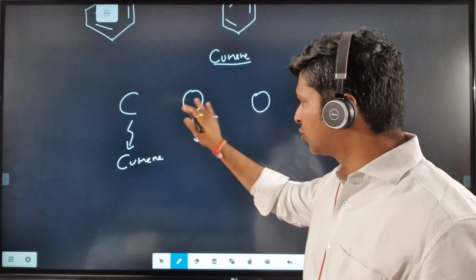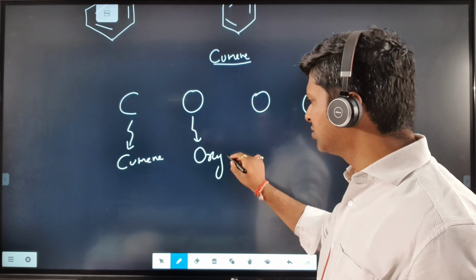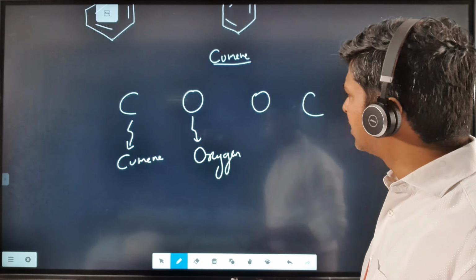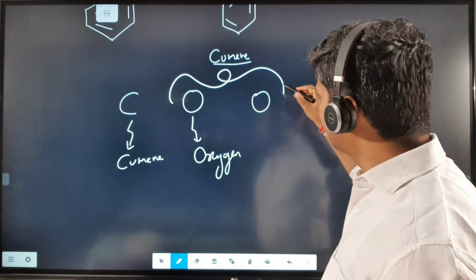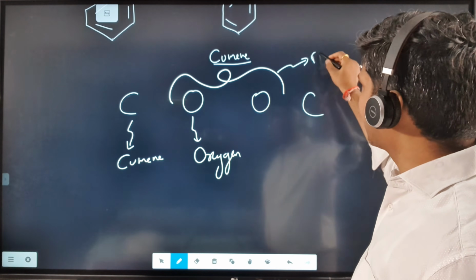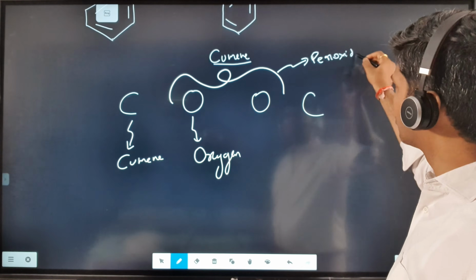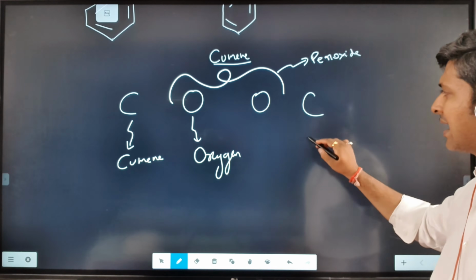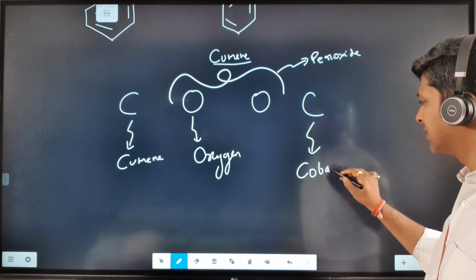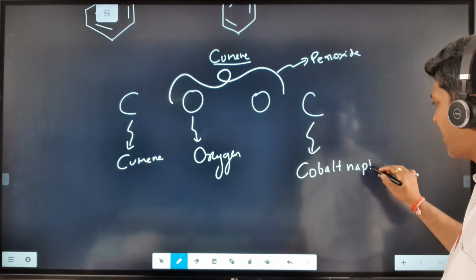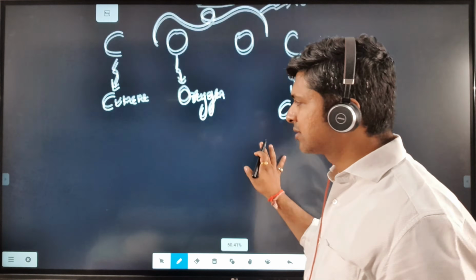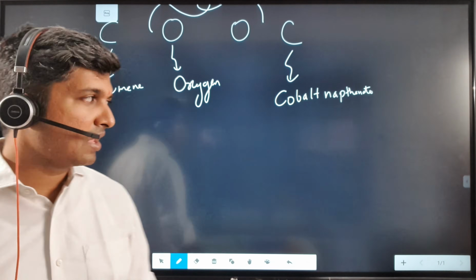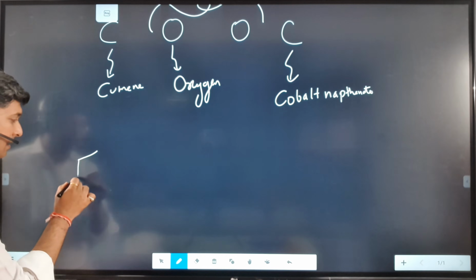So C will stand for cumene, O will stand for oxygen. Then the O and O single bond together will stand for peroxide. And the last C is our catalyst, that is cobalt naphthenate. So this cobalt naphthenate is going to be our catalyst. Let us start the reaction. Just have a look at how I am writing the